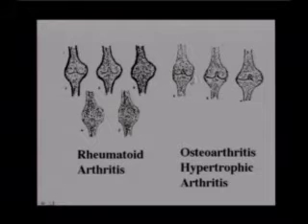Osteoarthritis, on the other hand, doesn't have that. It's sometimes called hypertrophic arthritis, meaning the joint enlarges a great deal. It gets stiff. It's hard to move, but it still is movable. So we don't have bony ankylosis with osteoarthritis. Osteoarthritis tends to affect weight-bearing joints, so it's more common in knees, hips, spine, and also the fingers.